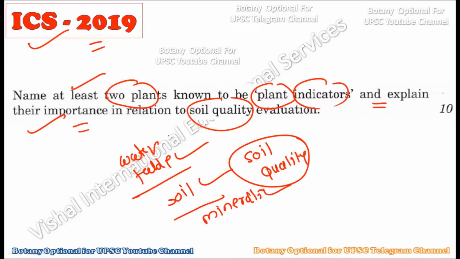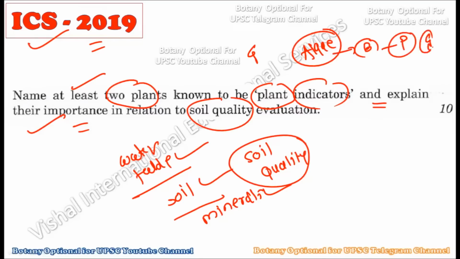It's not that you should know at least five plants which act as plant indicators. This is a very broad topic because they can go for an individual plant group as well. For example, in previous years they have asked about algae as an indicator. So we have to study algae, bryophyta, pteridophyta, gymnosperms and angiosperms separately as indicator plants. And we also have to study their different applications, whether they indicate some typical soil quality, groundwater, minerals, or some kind of gold. From all these angles we have to study this topic.